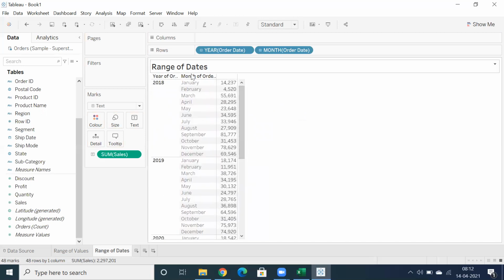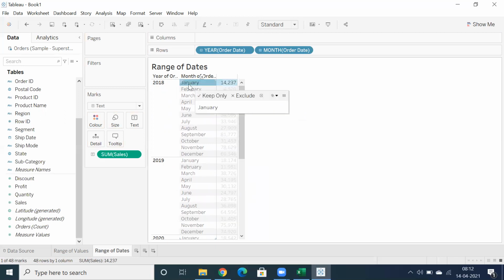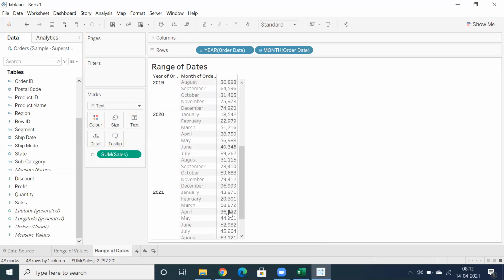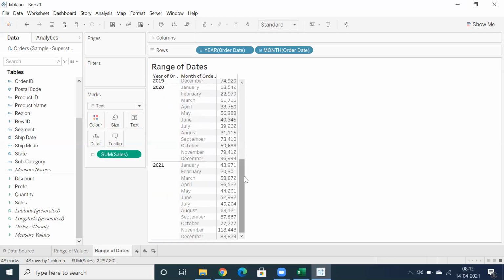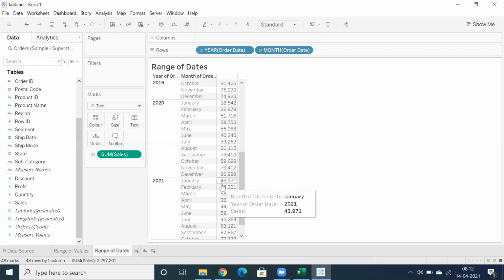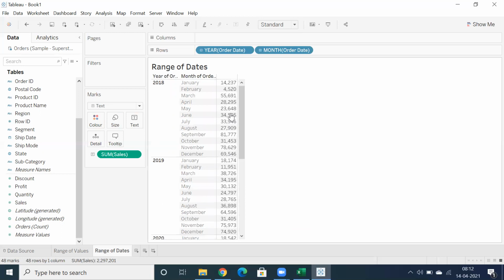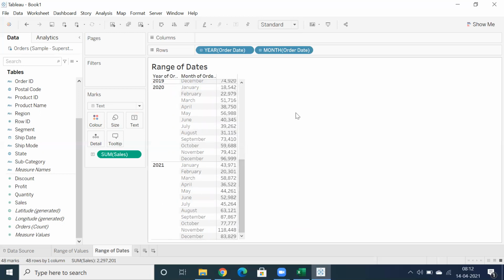So let's say I want to check 2018 January sales and 2019 January sales. Again, I need to scroll down to 2020 January sales. And if I want to compare, or at least check, I need to scroll down, and I forgot about the 2018 sales value, right? Because I can see 2020, 2021, 2019 at around 18K, and not sure about 2018, it's 14K. So I need to remember to do some analysis here.